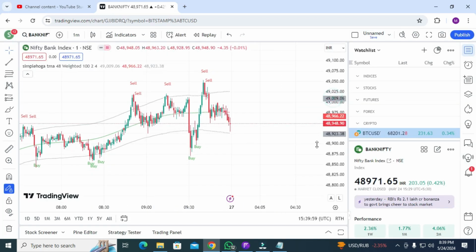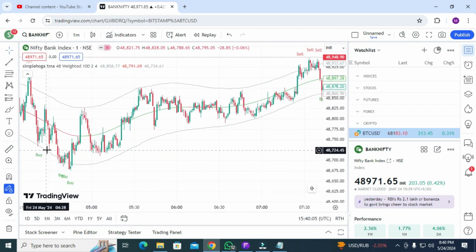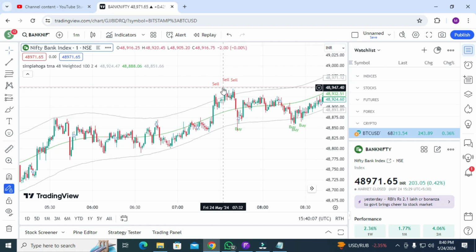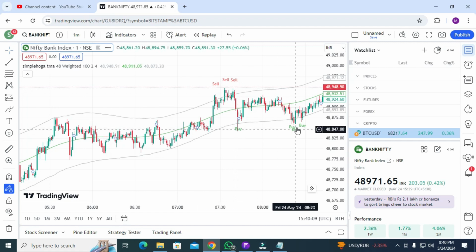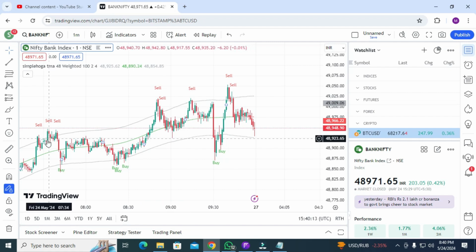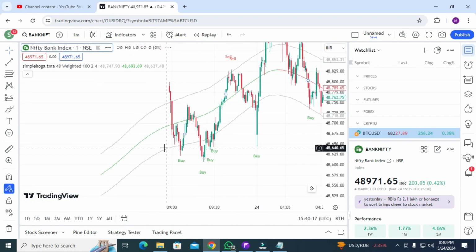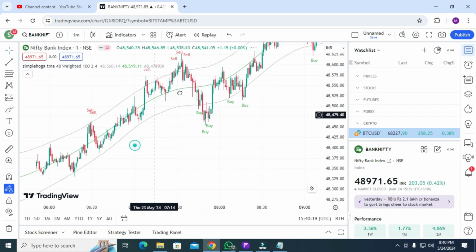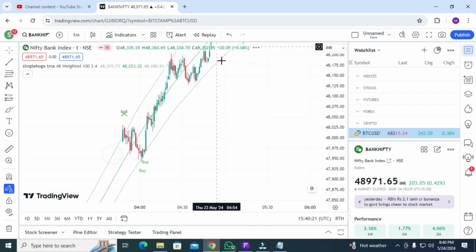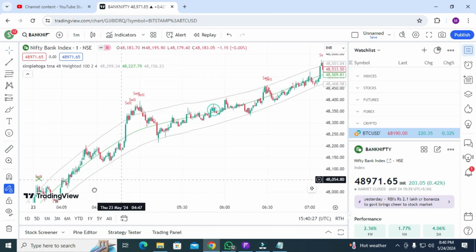In Bank Nifty, it gives you awesome results. You can see the accuracy: the buy signal, and you need to book your profit here. The sell signal, you can book your profit here. The buy signal, book your profit. Sell signal, book your profits. Buy signal. You will also get the cross signal here. These are perfect buy trades and sell trades, but let me show you, there are some cross signals. That means do not go for the sell trade, go for the buy trade, book your profit.